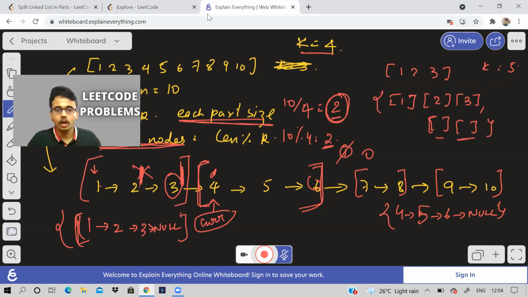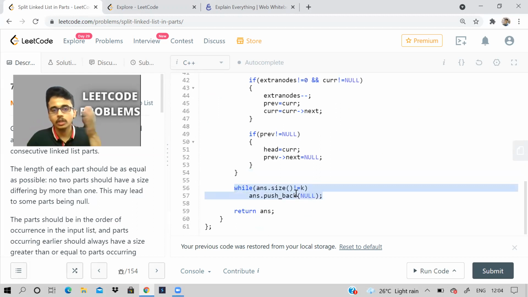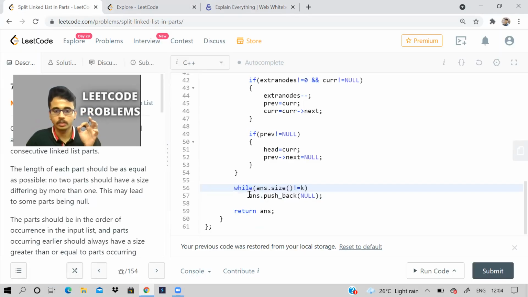So that is what I'm doing here. Until our answer size is k, the remaining values are going to be null. This is for the condition when the length of the list is less than k, like in this example, because we have two lists which are null.